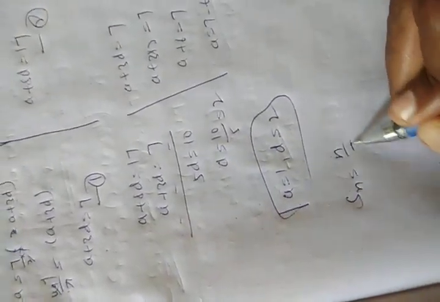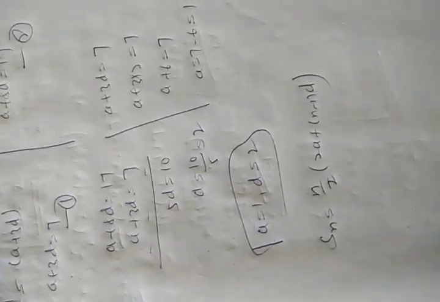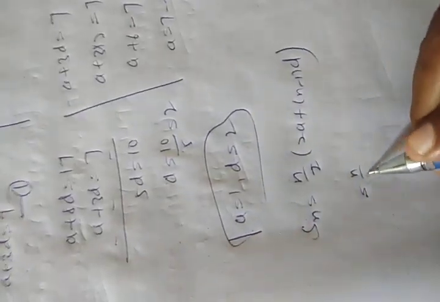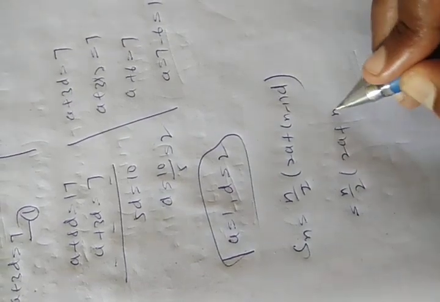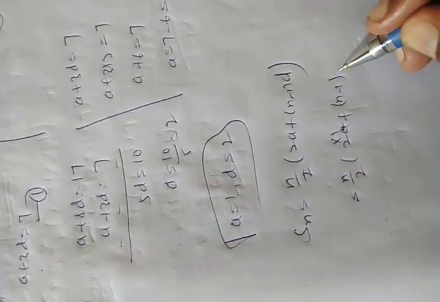So what is the value? Sn is equal to n by 2 into 2a plus n minus 1 into d. Don't be confused with this. Here they did not mention the value of n. Our expression, our output also is going to be in terms of n. We don't know what the value of n is here. N by 2 as it is, 2a plus n minus 1 as it is. Now I put the a value here. A is 1. N minus 1 into the common difference, which is 2.